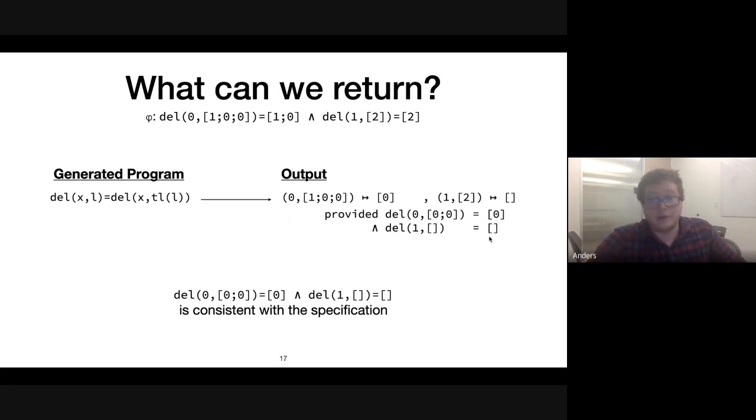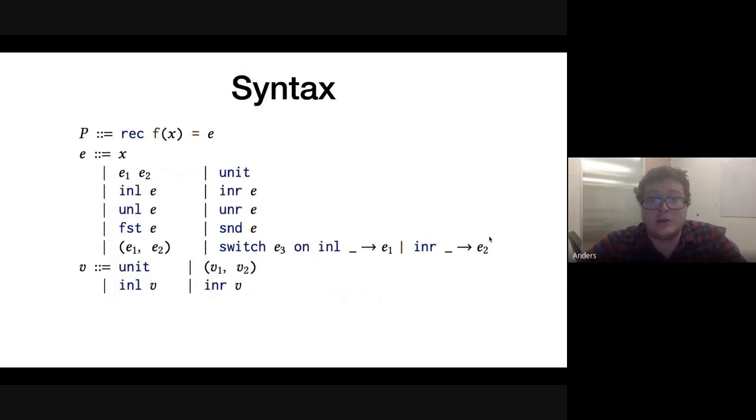So essentially what we're saying is, yes, we can synthesize it, but we now have an obligation that we have to handle later. So I want to briefly go over the syntax of our language. It's a relatively simple, straightforward language. We're focusing specifically on programs that have an outermost recursive call. We're not going to handle nested recursion right now.